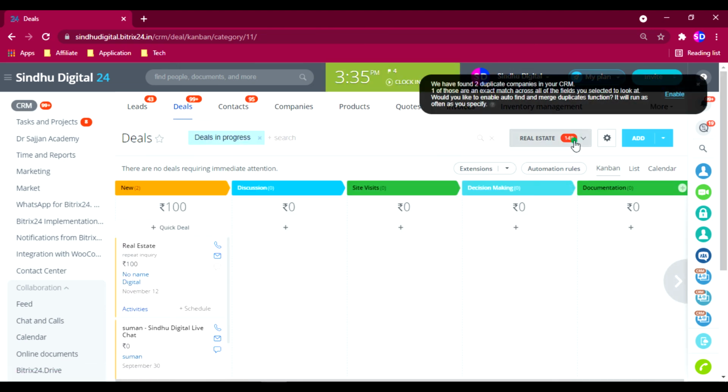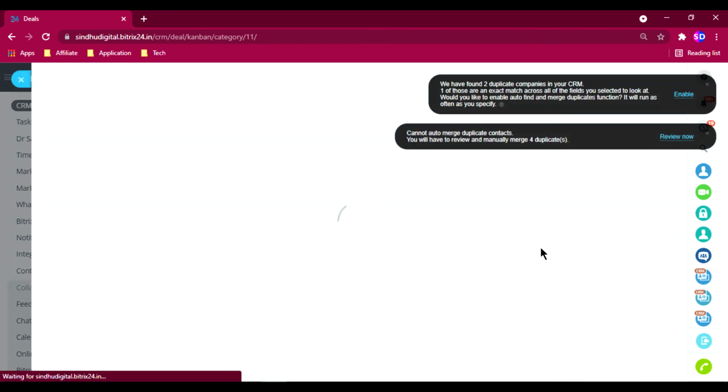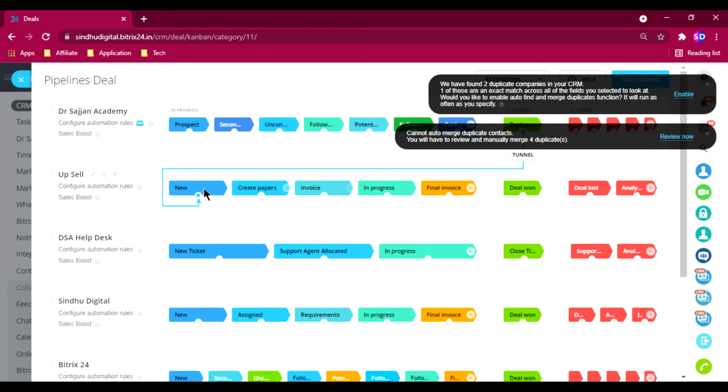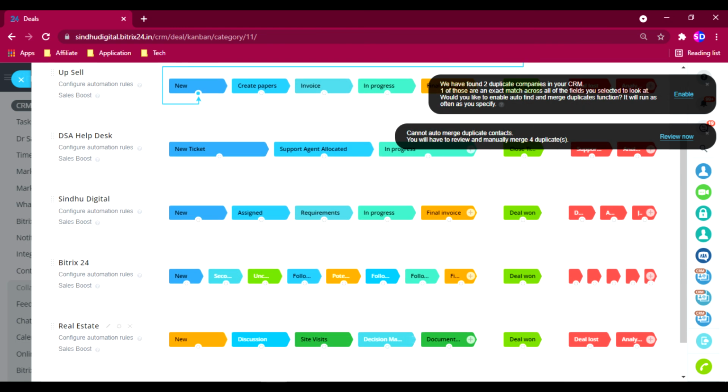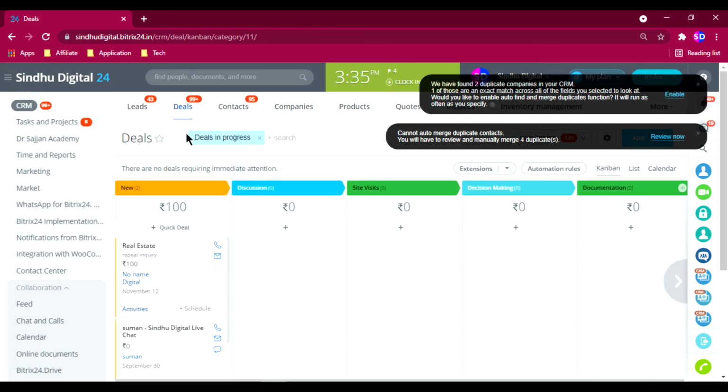As you can see, there are many stages for which we have created the funnels. We have different workflows. We have created many workflows, deal pipelines, so you can send that lead to any of the stages.